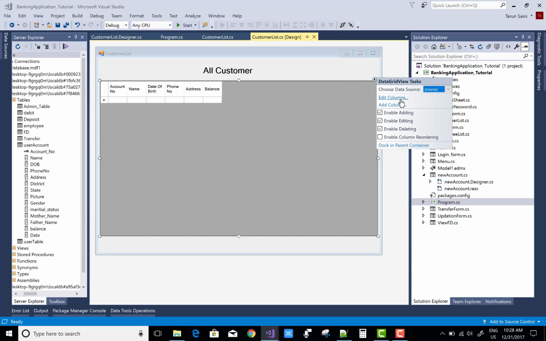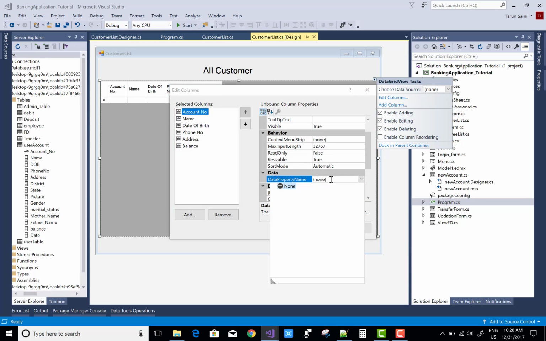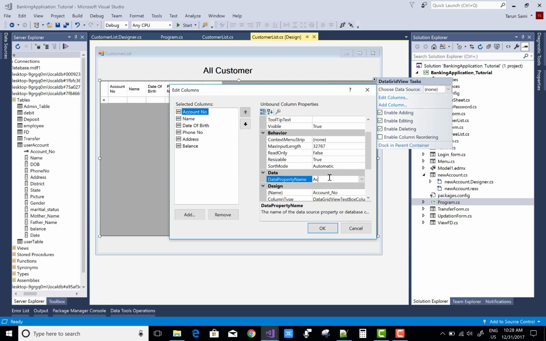so you must add the data public properties. Okay, so in edit columns, account number, the data property name is account number, so you must write here the similar name which is entered in your database table, that is name and name, and DOB, the date of birth is replaced with DOB because the database table has the DOB field name. So you can do this,